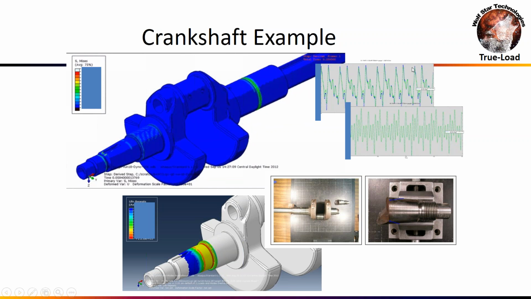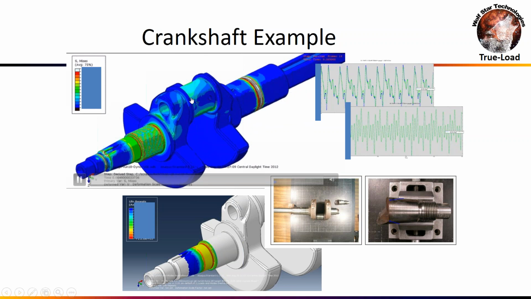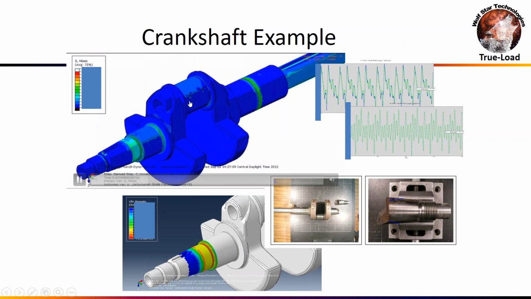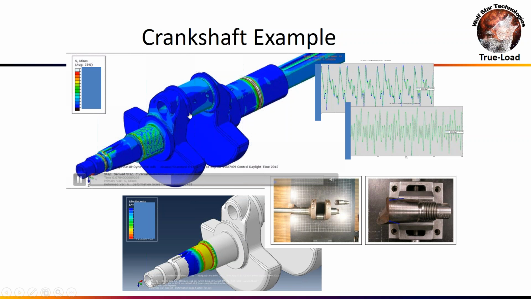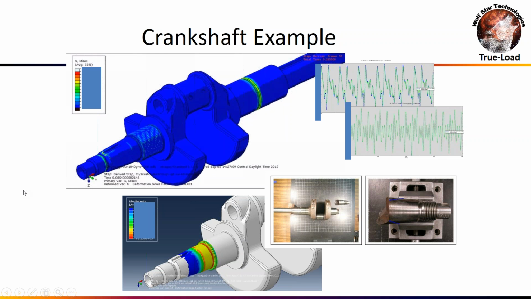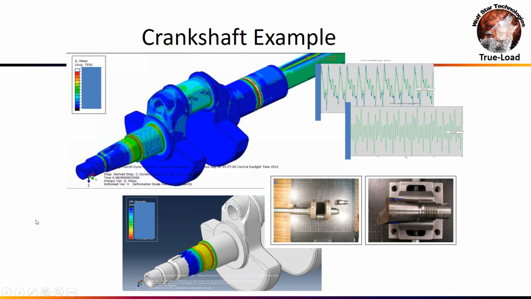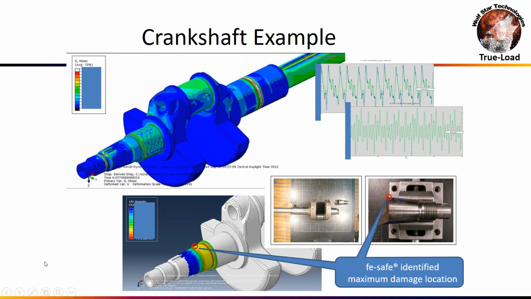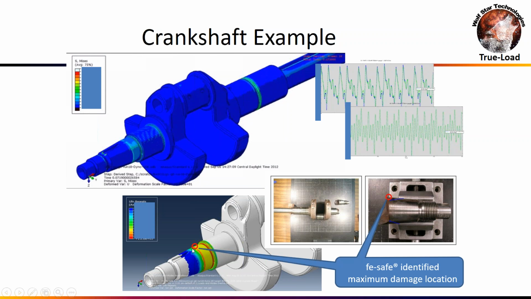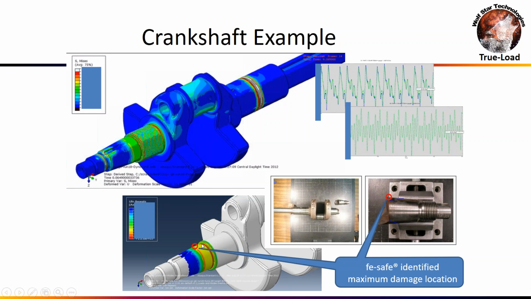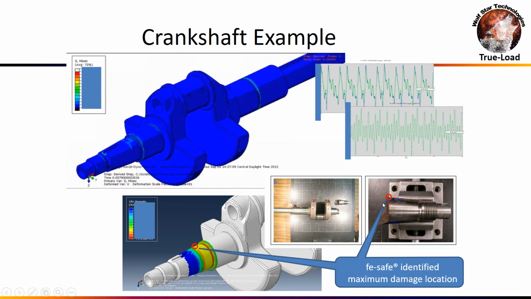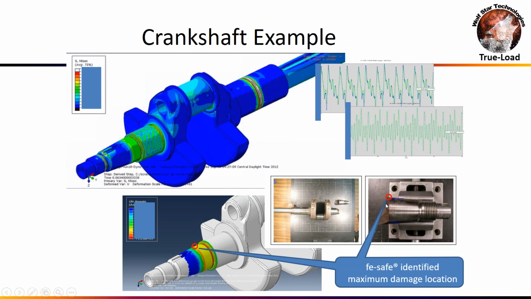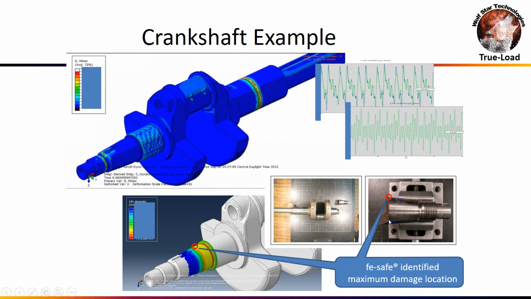And so when I reviewed the loading with the engineers at this company, and I showed them the loads I calculated for the crank pin loads, they said for the speeds the engine was running, they thought that seemed about right. So we took the loadings I measured, we ran that through FEA, and FEA then identified the area of maximum damage, which corresponded exactly with where they were failing in their dynamometers.